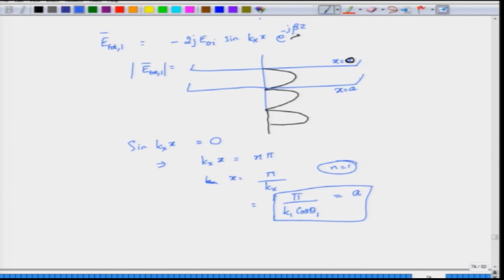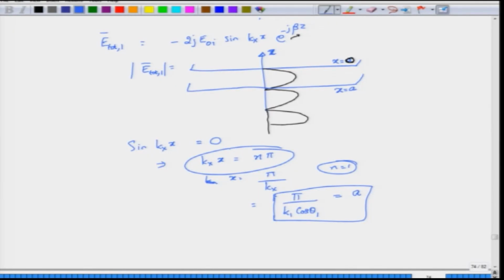and we have put in a second plate at x equal to a, or maybe we can put the plate at x equal to minus a, because I took this as a positive x direction, but it is really immaterial whether you put it at plus a or minus a. You just have to change n from positive 1 to minus 1. The condition that is necessary is that kx times x should give rise to n pi total phase shift, where n could be any integer, but the first such instant would be when n is equal to 1, and this is the equation that you get.